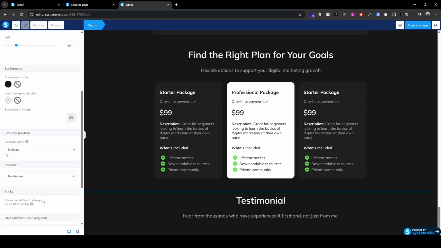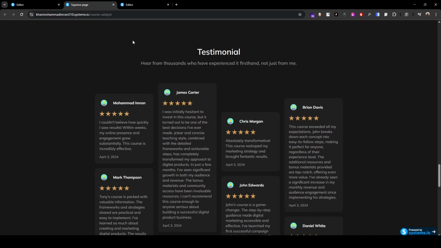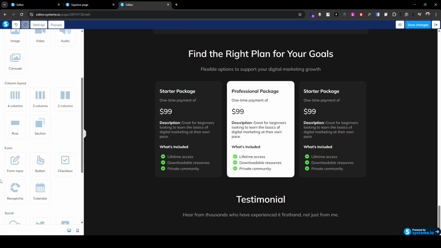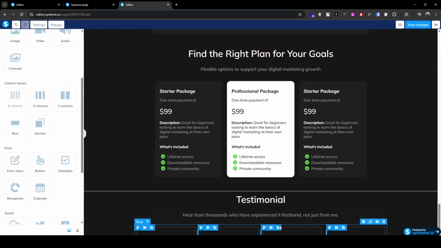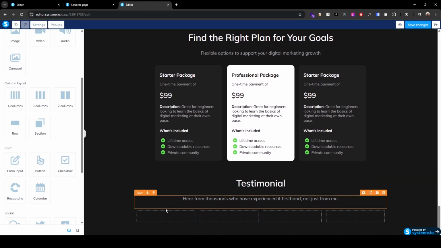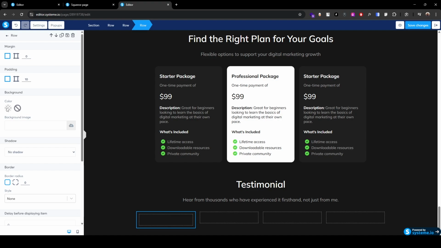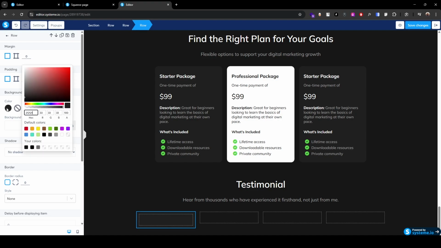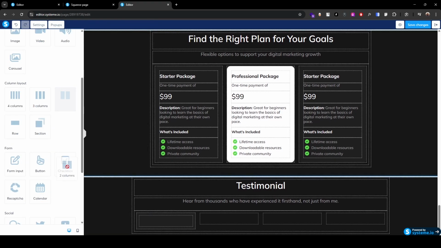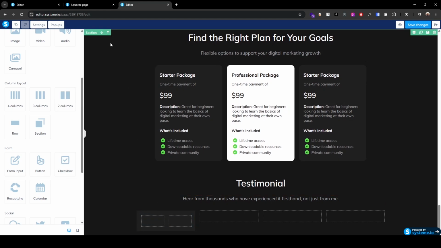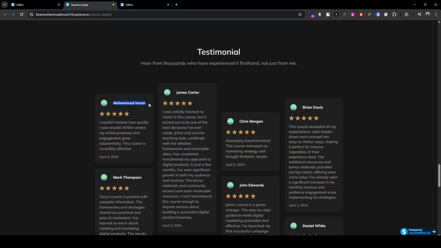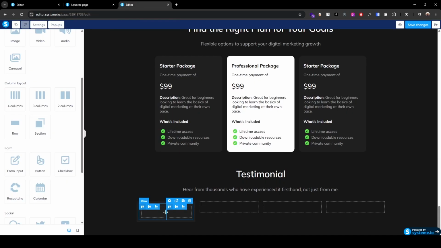Change the section medium to wide, and now as you can see there is 4 columns, so we need 4 columns layout, and insert this each column or row, add single row, and in this row change the background color to this color, and insert this row we will add another 2 column row. It's because of this text and this avatar. Now we can squeeze it a bit like this